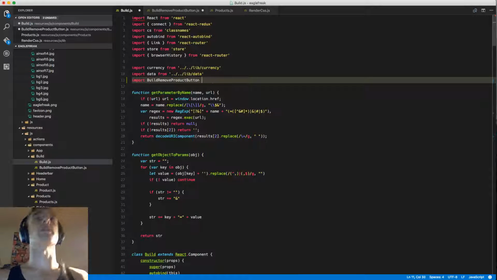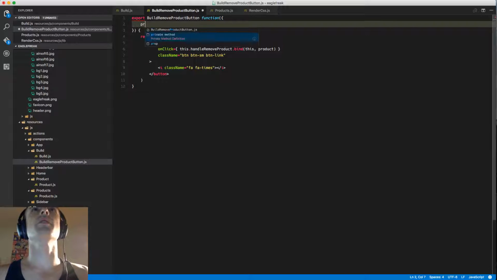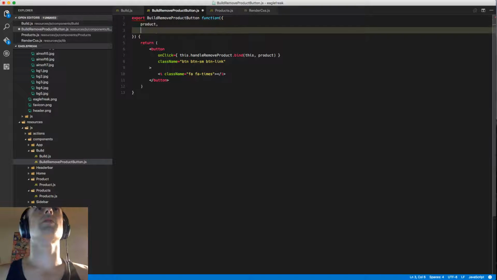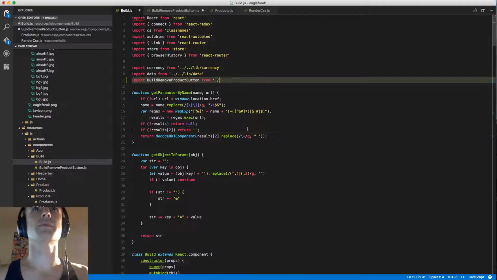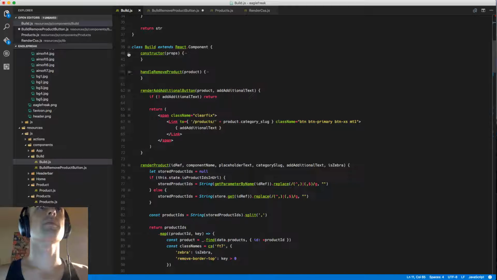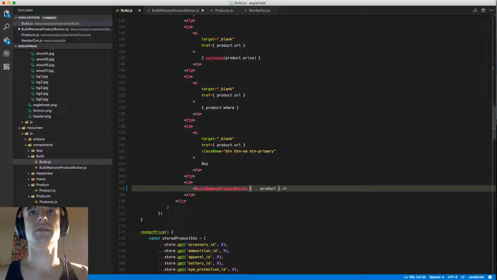Alright, let's import our new button. This is probably a good idea so that... what's happening? Okay, so we need product... product on remove product click. So we're gonna do this. Go back. There we go. Okay, so